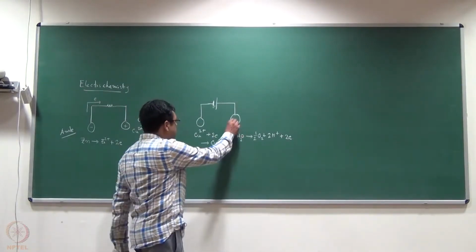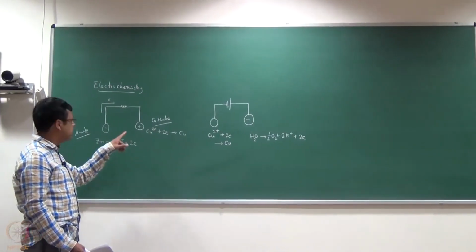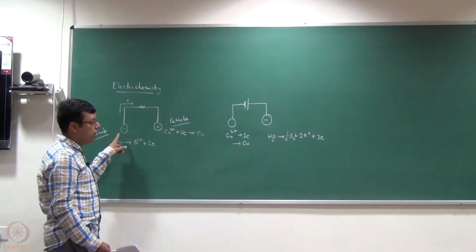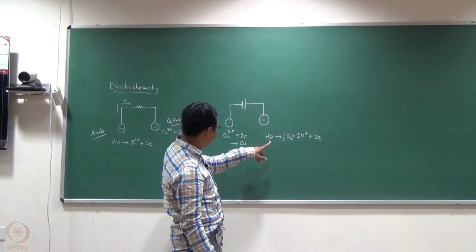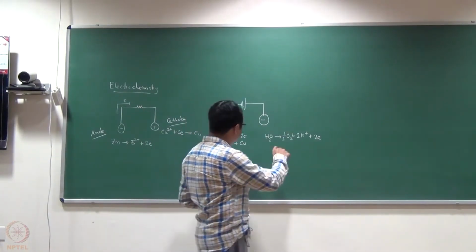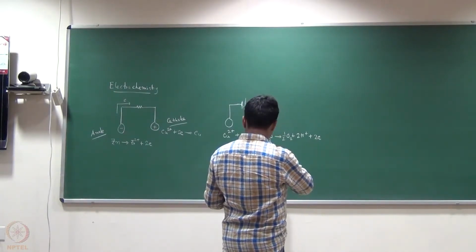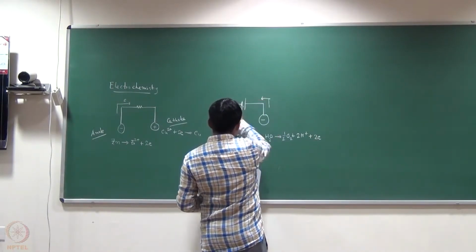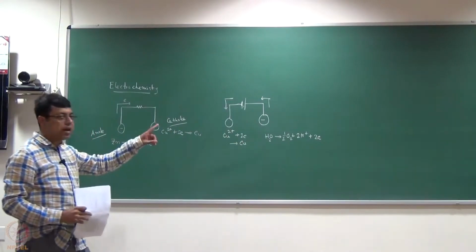But the only difference between the galvanic cell and the electrolytic cell is that in the galvanic cell my negative electrode is the anode. Whereas here, I have the copper and the zinc. Just one minute. So water is getting oxidized, so the electrons will flow. But in this convention, we always write plus and minus for anode